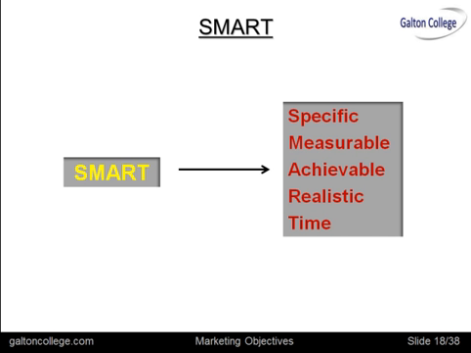They have to be achievable, the box has to be ticked so that the workers and the managers and the people involved know that it can be done. Otherwise they will not even try. Realistic. There are the budgets, there are the resources, there's the time scale, and there are the right people in place. It's realistic. And there's a time scale. It should be done by a certain date.